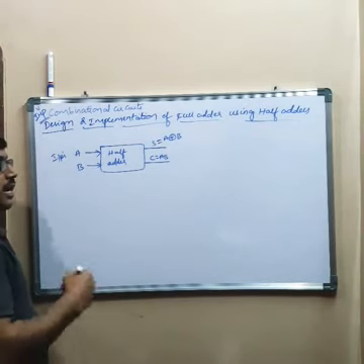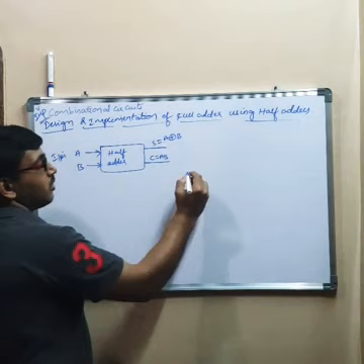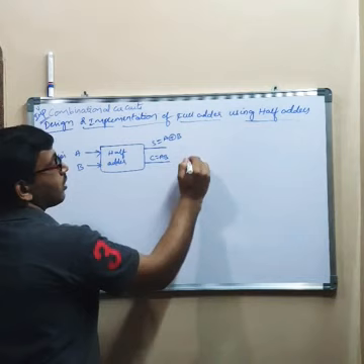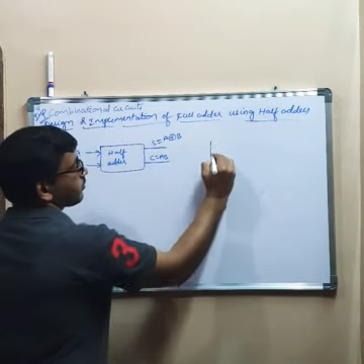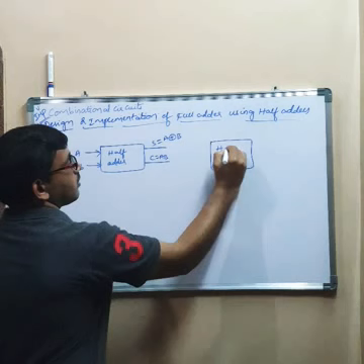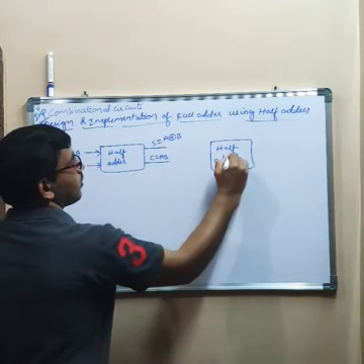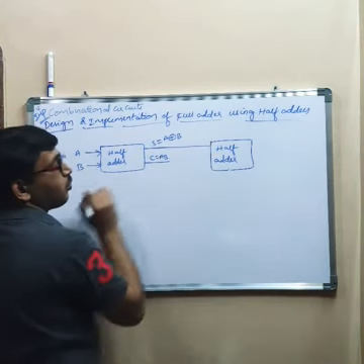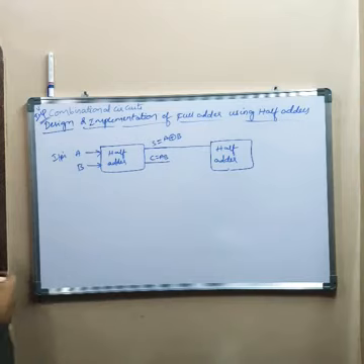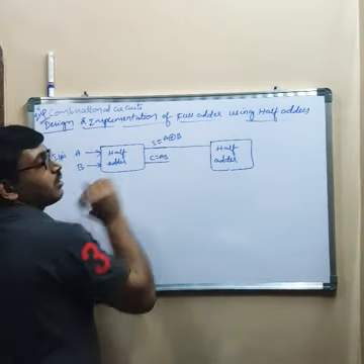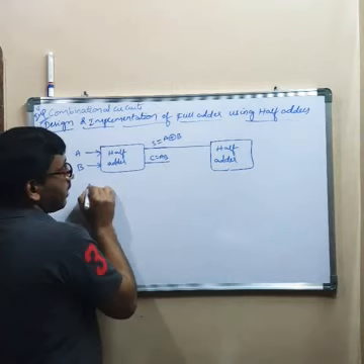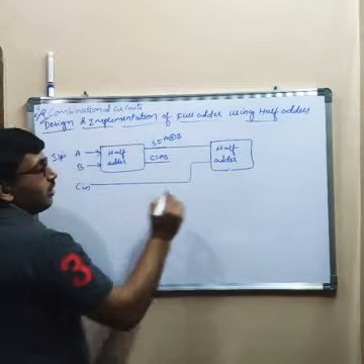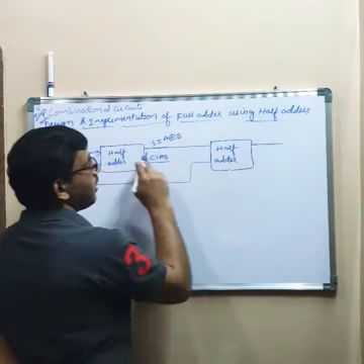I want to get the full adder. In a full adder we have 3 variables. What I will do here is take one more half adder. This is half adder 2. I will connect this output as input to half adder 2, right? And another input I will take is C. So what is the output of this now?